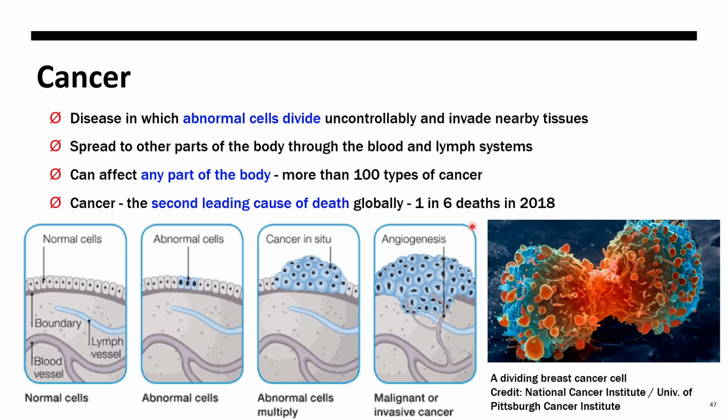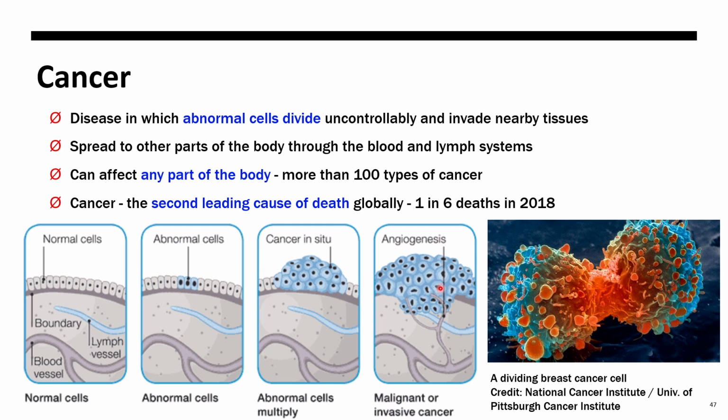So let's go into our next main disease, that is cancer. Cancer is a disease in which abnormal cells in your body divide rapidly, uncontrollably, and then invade the nearby tissues. If you look at this figure, you can see these are normal cells. And you can see there are 3 abnormal cells among these normal cells. All the cells divide, but when abnormal cells start to divide, they divide uncontrollably and rapidly. So there becomes a cancer, an in situ cancer.